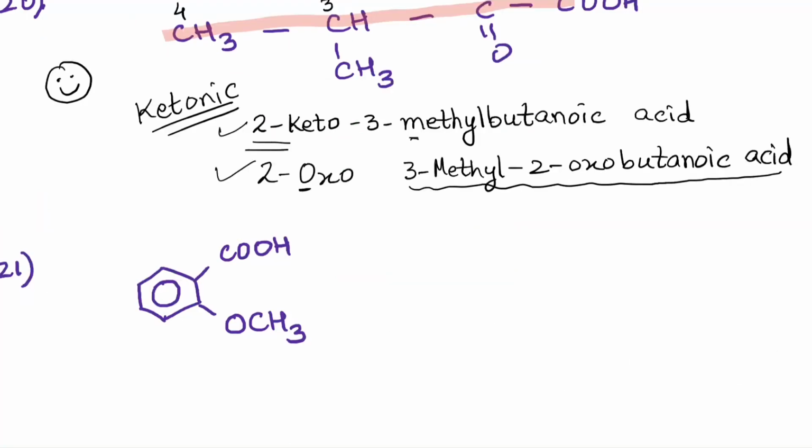Now here comes an aromatic compound. How are you going to name it? So obviously my parent ring is the benzene ring, and we've got two functional groups attached. Follow the same rules as for an aliphatic compound. That means which group is going to get preference? Yes, of course, the carboxylic. So we'll have 1, 2, 3, 4, 5 and 6. What type of functional group is this?